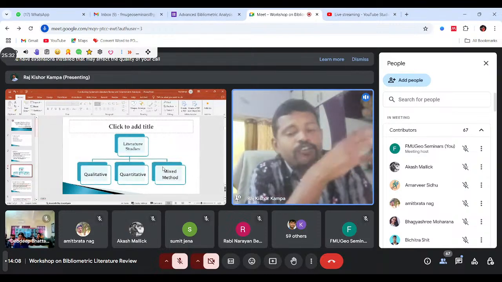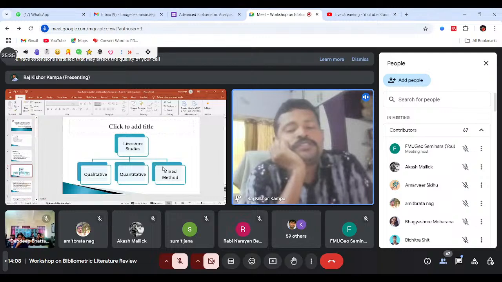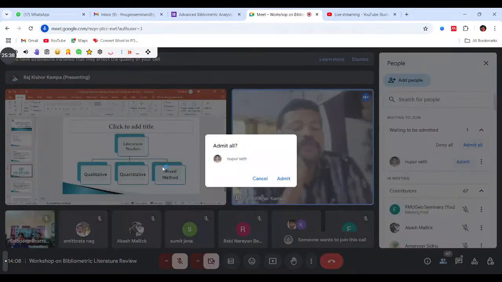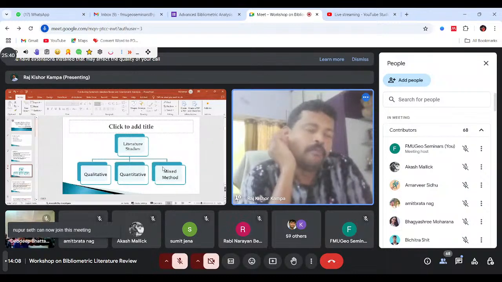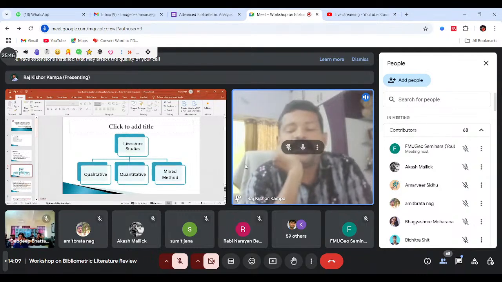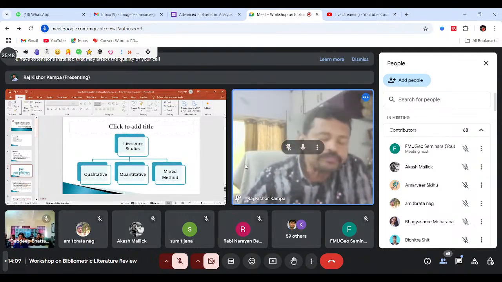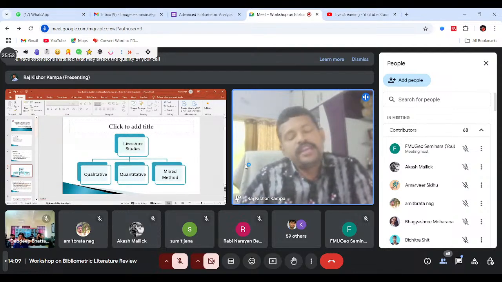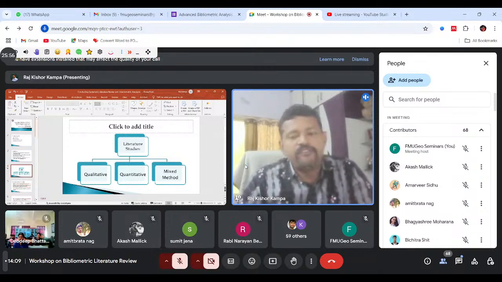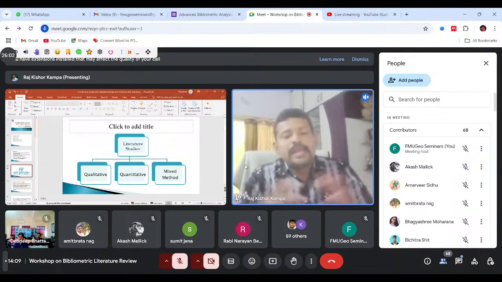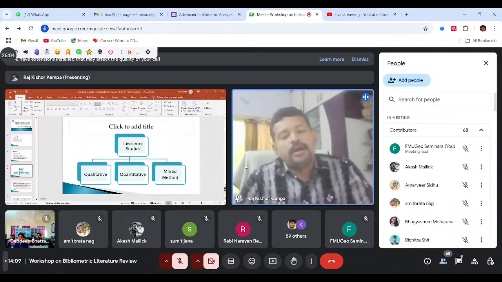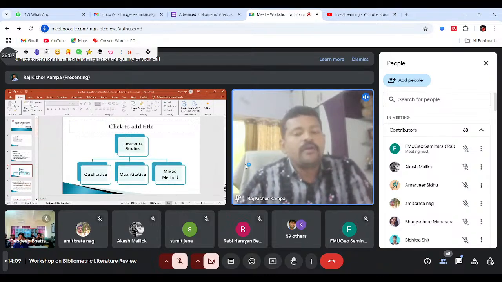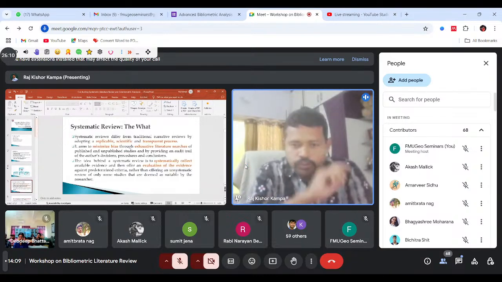And before going to Biblioshiny and the bibliometric tools, I'm just setting the tone so that we will discuss it more exhaustively. When you are doing any kind of literature study, it can be categorized into three types: qualitative literature study, quantitative, or the mixed method. I'm not going to elaborate on what is qualitative, quantitative, and mixed. Rather, we'll be jumping into the